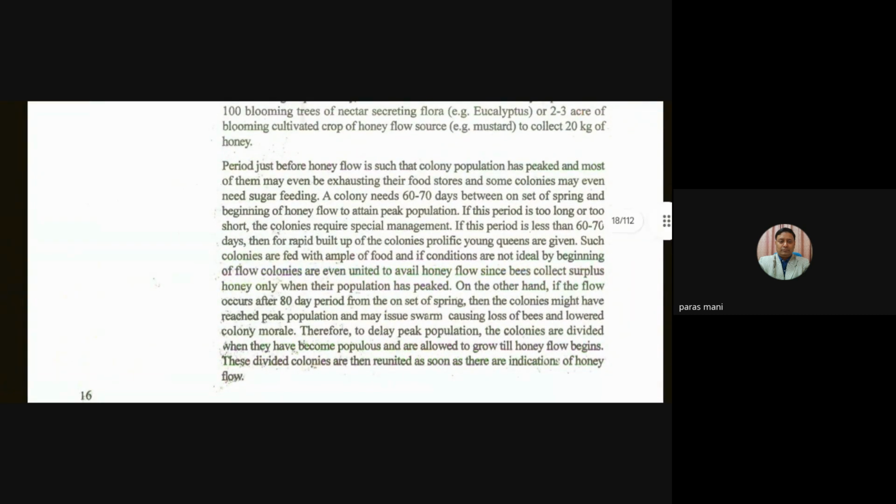Yeah, now it is audible. My question is, I have seen in Bihar that we have put boxes 3 to 5 feet apart, and there are